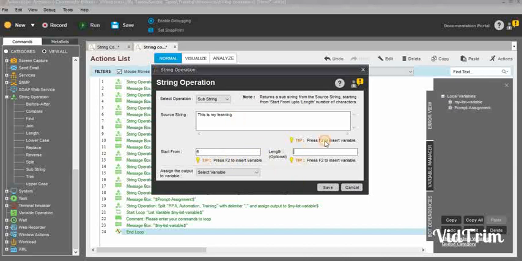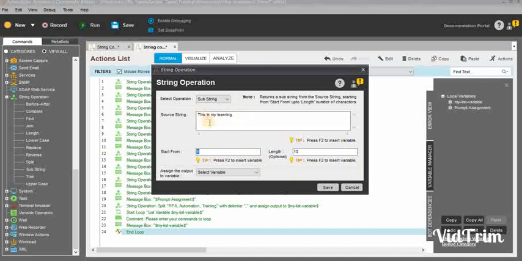And for the length, I want to extract only from the 6th character, and then I need only 10 characters, which means it will ignore "THIS" and then one space. So from there it starts, then I need only 10 characters within that: 2, 3, 4, 5, 6, 7, 8, 9, 10. Then until LEAR you will get the result, something like that: "is my lear", we can expect the results.